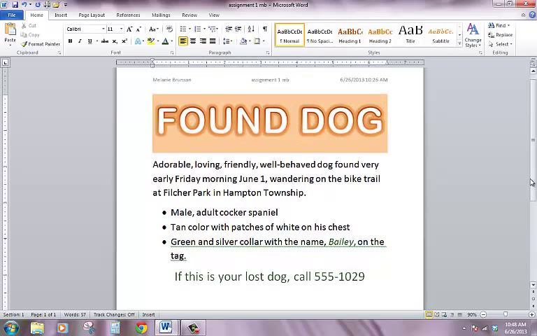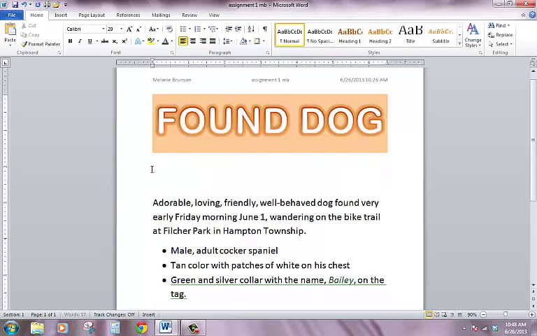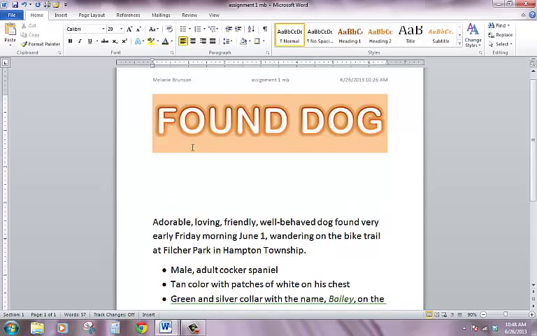Okay, the next thing that I want to bring into this are my pictures of the dog. And I want them to go in between my title and the body of my text. So I need a little bit of space. I'm going to click right here before my text and hit enter a few times. And I'm going to put my insertion point up here in the space where I want the pictures to be. It's going to bring those pictures into wherever your insertion point is. So just to save you pain down the road, make sure that you're where you need to be